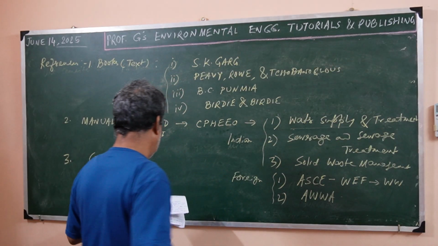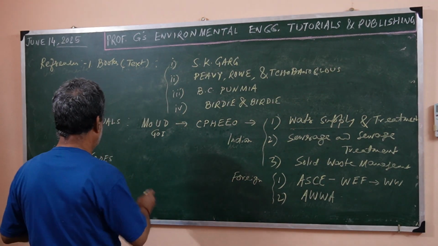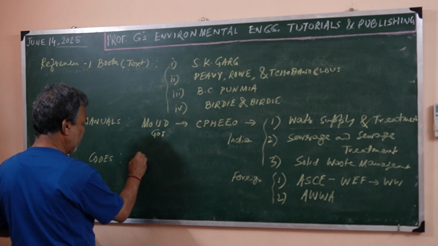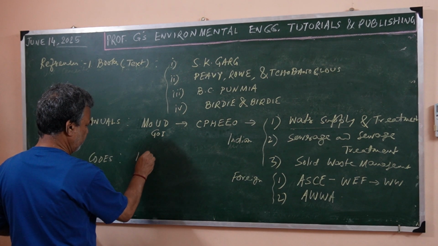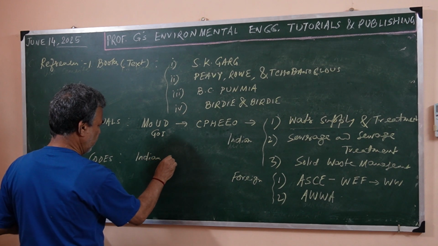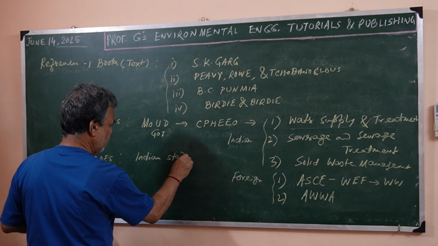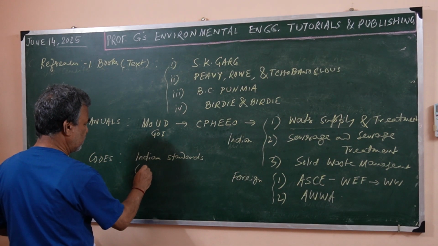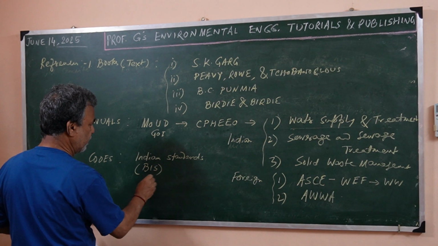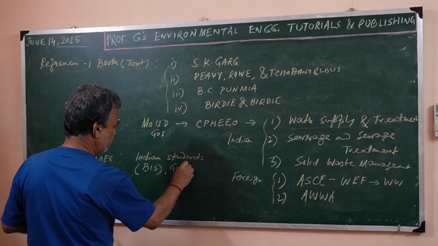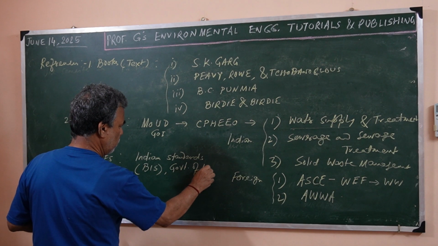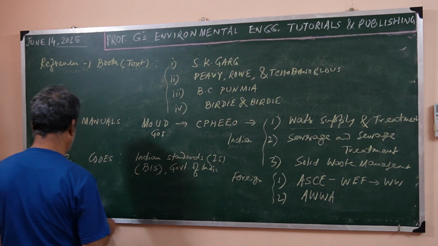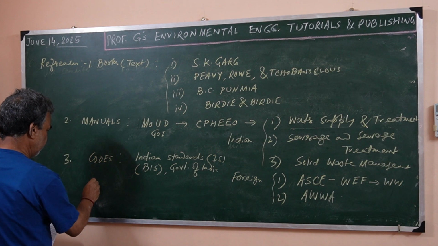And IS codes, several IS codes are there. That is Indian Standards. Indian Standards, as you all know, are published by BIS, Bureau of Indian Standards, Government of India. That is why we call it an IS code. So IS code,